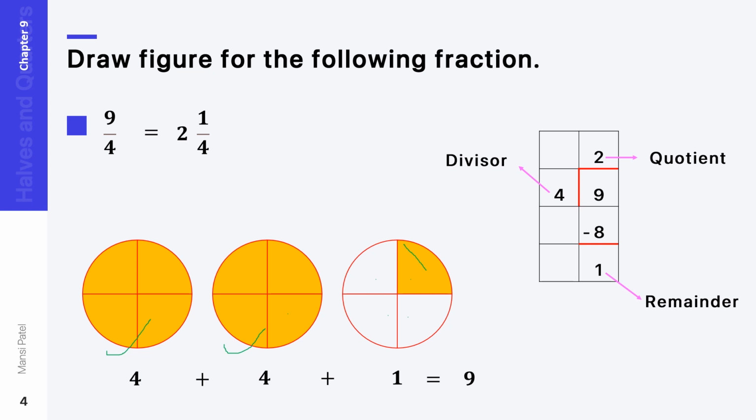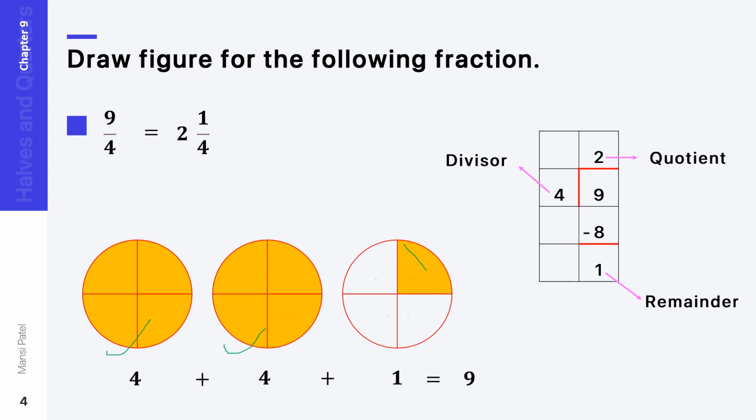This 2 represents the whole. It means you see here, we shaded 2 whole circles. Now from the third one, we are shading just 1. Therefore, we write down 1. And in how many parts are we doing it? 4 equal parts. This we are getting as the answer by the figure.